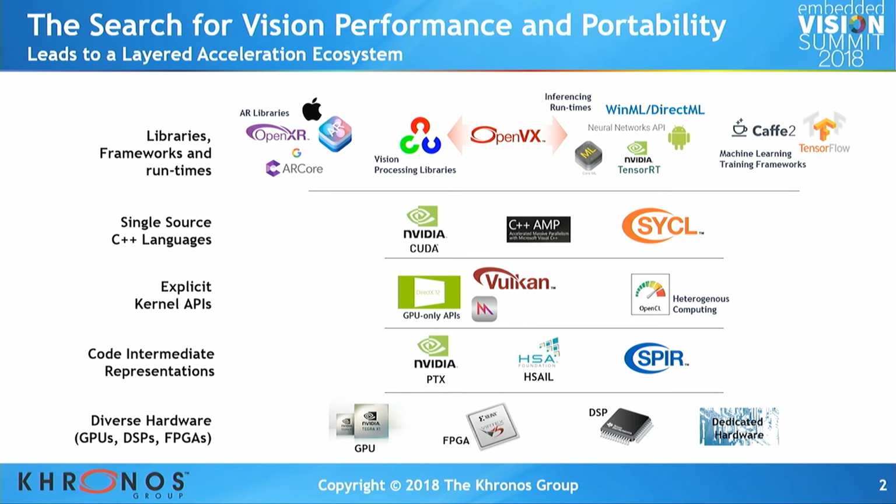So what have we got here this year? On the top, I've picked out a few use cases. There's augmented reality, which is particularly active in the mobile space. A lot of both Apple and Google are putting a lot of effort into platform-specific augmented reality libraries. Of course, there's inferencing and machine learning, both the training side, and there are dozens of training frameworks. I've just picked a couple. And for deployment on the edge, of course, inferencing engines. And that's probably the most relevant for this audience in the embedded space.